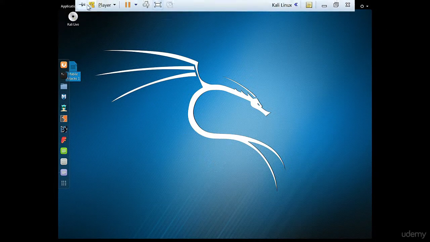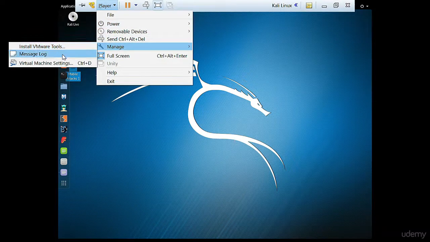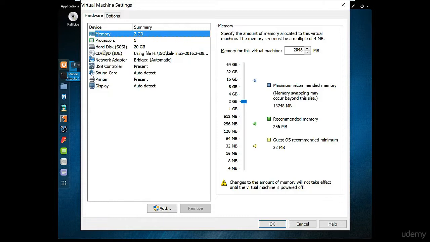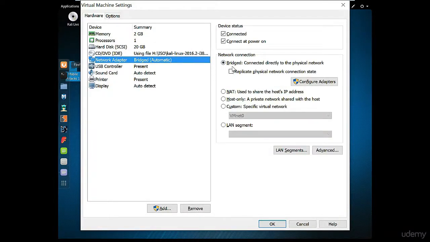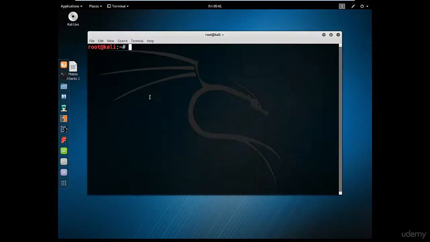Before starting the attack, I need to do the following. I need to go to the settings, manage and settings of my virtual machine. And I need to make sure that on the network adapter, it's on the same network. You have to select bridging. By default, the virtual machine has a NAT setting, but in this case, we're gonna use bridging. And to make sure that we are on the same network, we are going to open a terminal and check the IP of my Linux machine,